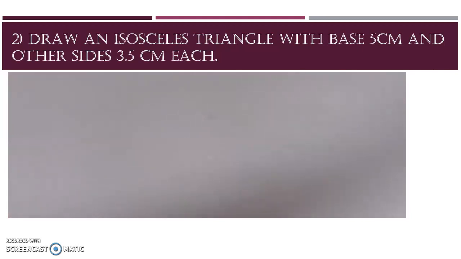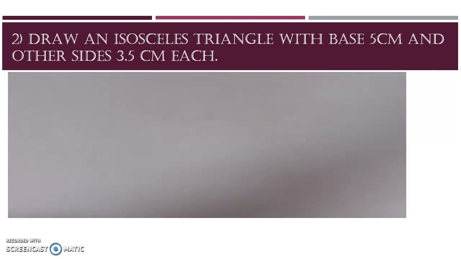In 6th standard we have learned different types of triangles based on sides. So first was equilateral triangle, second isosceles triangle, third scalene triangle. Equilateral triangle means a triangle whose all three sides are of equal length. Isosceles triangle means a triangle whose two sides have equal length, and scalene triangle means a triangle whose all three sides have different length. Now in our question we have isosceles triangle, so we have to draw one triangle whose two sides are of same length.